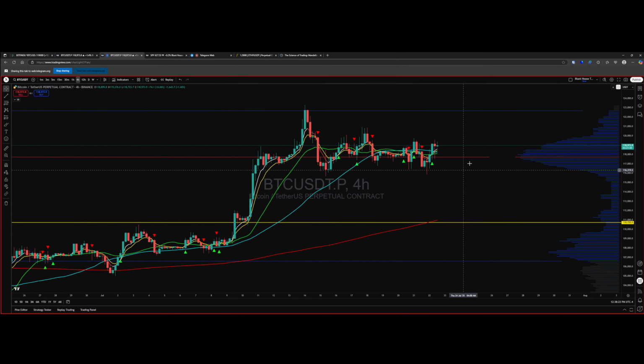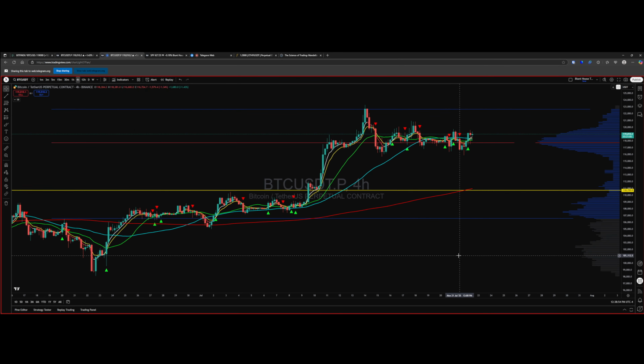If we pull back, we don't hold the point of control, and you fall into the volume gap, we've demonstrated week in, week out what happens. This can be equally as quick to the downside as this was to the upside. And it's because of this big gap here, and these candles aren't filled with enough substance to hold price up on the way down, that's why it finds our levels quickly.